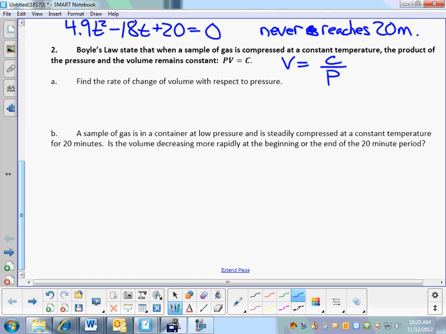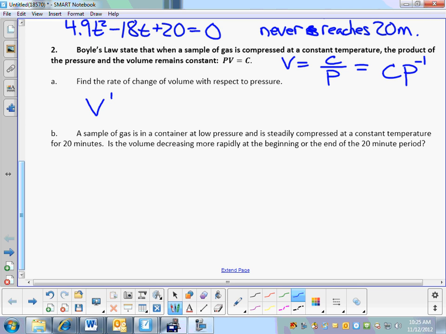So we have this formula, okay? This is just some number. I'm going to rewrite it for you and see if this makes sense. This could be equal to C times P to the -1. Does that make sense? So if we want to find the rate of change of volume with respect to pressure,